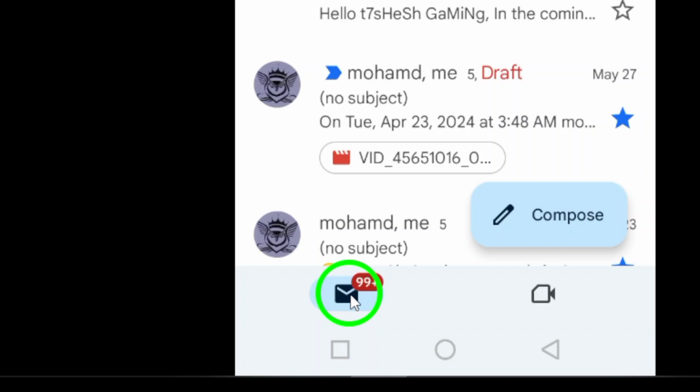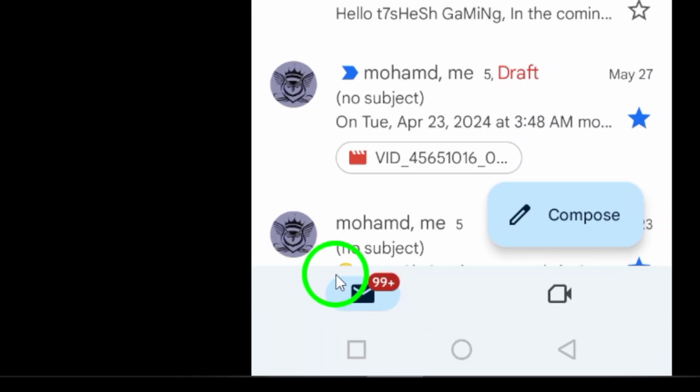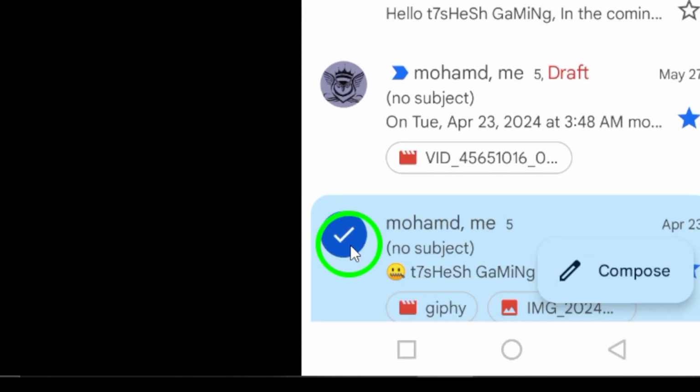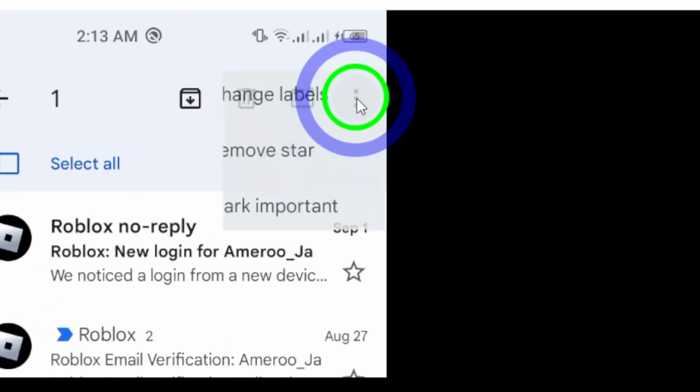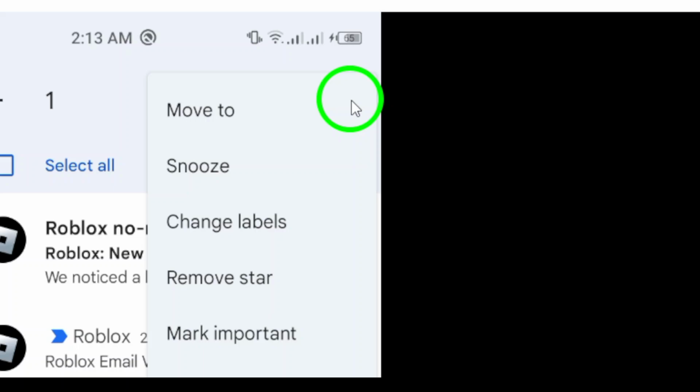Step 3. Long press on the chat you want to pin. This action will reveal additional options to manage your chats better. Step 4. Tap Pin from the pop-up menu. And just like that, the chat will be pinned at the top of your chat list, making it super easy